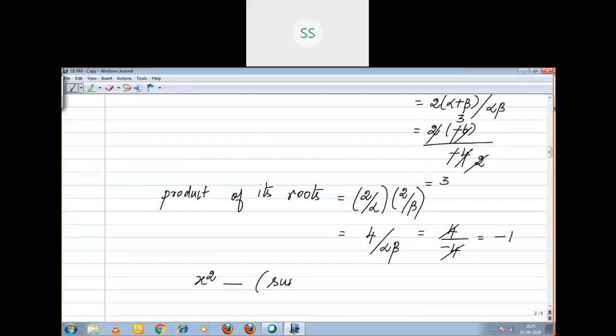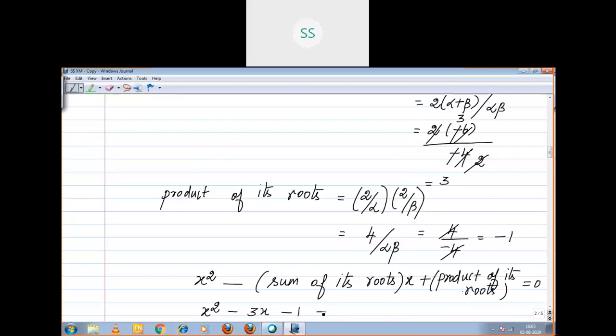Sum of its roots into x plus product of its roots equal to 0. Now, x square minus 3x minus 1 equal to 0. Right, children? Did you understand what I am telling? Yeah. Now, the required quadratic equation is,